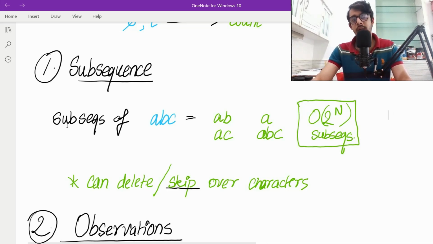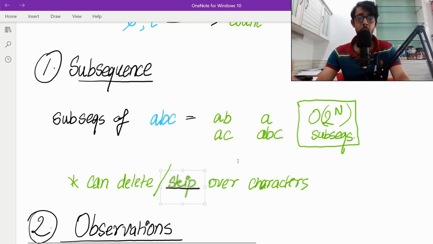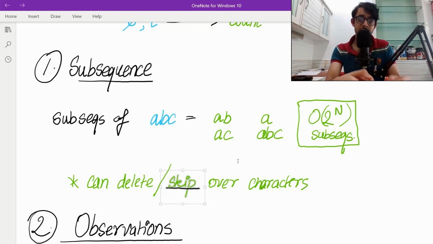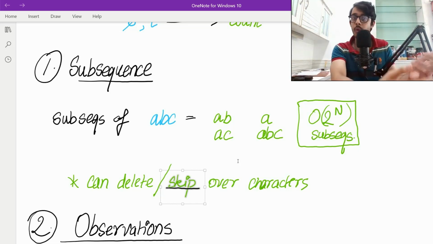Because if you want to enumerate all of the subsequences of ABC, then it's going to take order of 2 to the power n time. And we may have to store every single one of them, so that may take order of 2 to the power n space as well. Why 2 to the power n? That's because you have the option of either skipping over the element or not. You have either 0 or 1 as the possible options. Skip or not skip. You can do this for every single element in this string, and there can be n total elements. So 2 times 2 times 2 all the way up till the end.